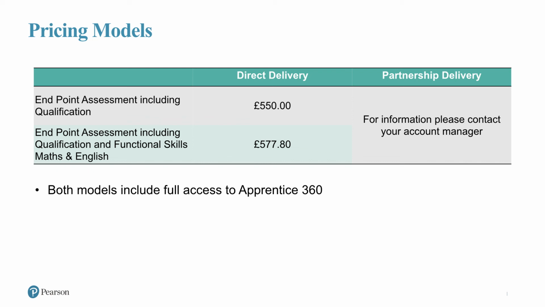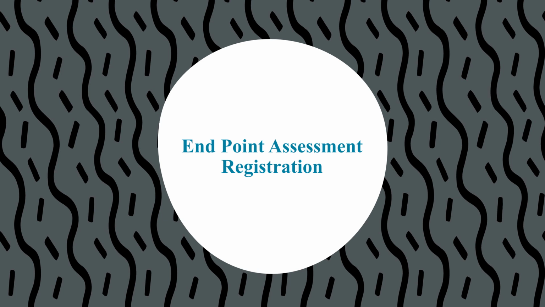So going back to the slide around funding, the cost for Pearson endpoint assessment is £550. Whether you choose to adopt the qualification or not, the cost for endpoint assessment is still £550. The qualification is embedded into that £550 at no additional cost. We'll also bundle in our functional skills English and maths offer into that at an additional £27.80. So I just want to talk through